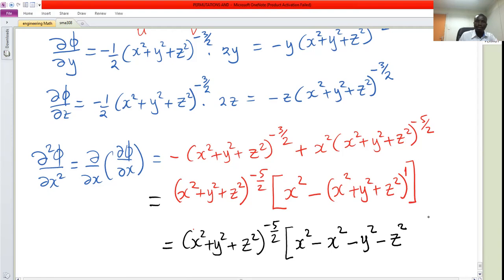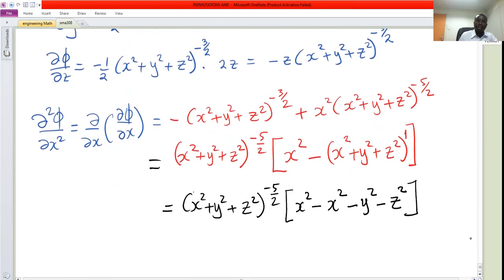Power 1 gives the same bracket. This is what we have. So this will give us x squared and x squared cancelled, so that we have